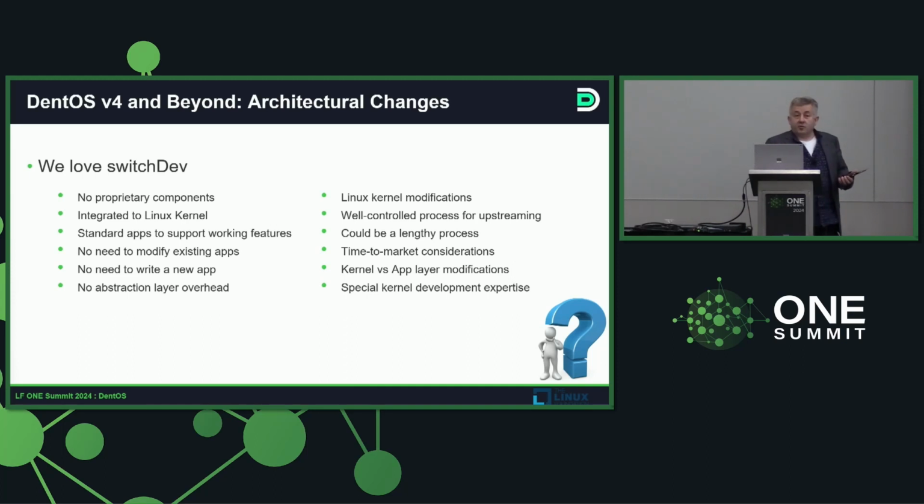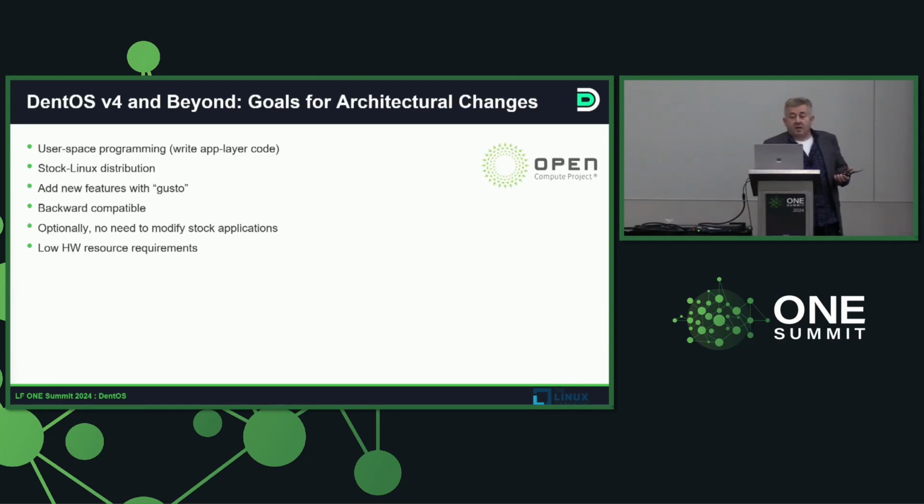When you're implementing a new feature, for example, if you want to implement a new feature that FRR doesn't support yet, you may need to go ahead and make that change in the kernel. And it can take a little while. So overall, user space programming is simple. It's much simpler. You're still using the stock Linux distribution. When you're doing the application programming, you can just go ahead and implement those features in a much faster way.